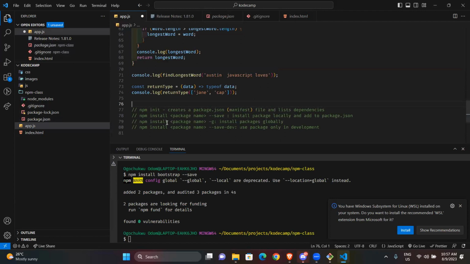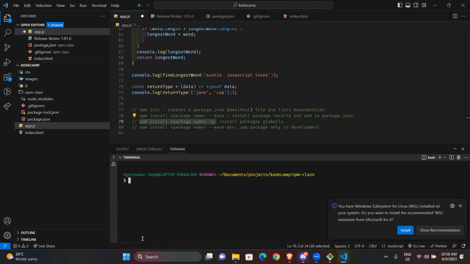Then we can also have installing a package globally, something like the package we normally use, nodemon. When you add the -g flag, let me clear this.